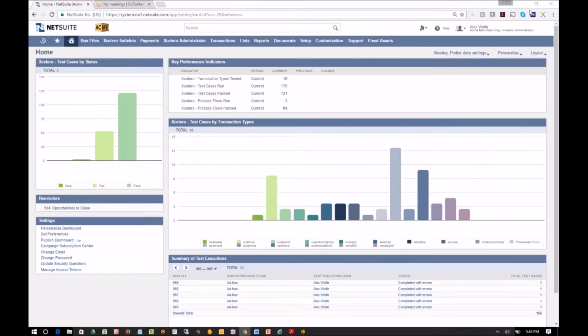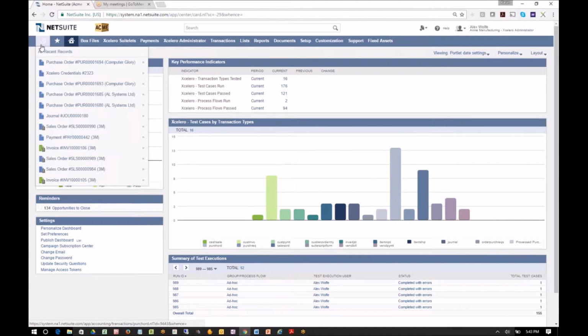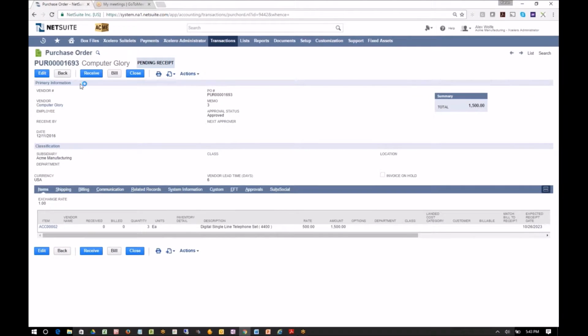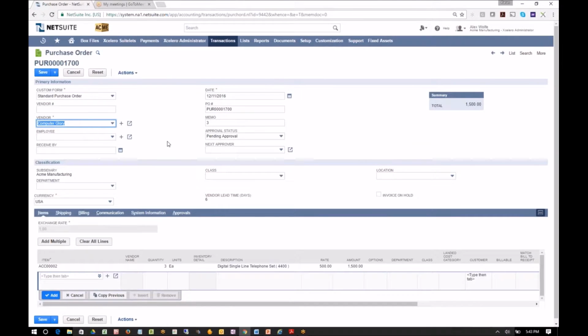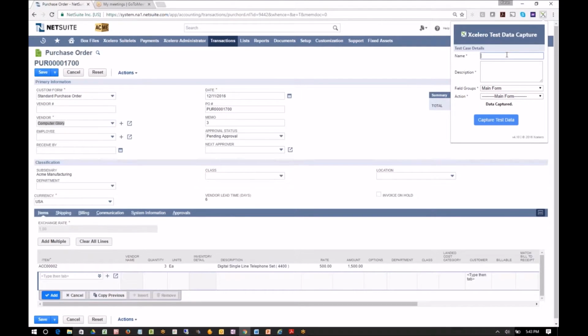Let us look at how Xcelero helps you create test cases very quickly. To start, if I have a purchase order that I want to recreate as a test case, I can pick it up from my recent records or from a saved search or by using the search box in any of these ways. Once I have that purchase order that represents a test scenario for me, I make a copy of it. So I have the data that I want to replicate on my screen, and then I click my browser extension and provide a name for that test case,